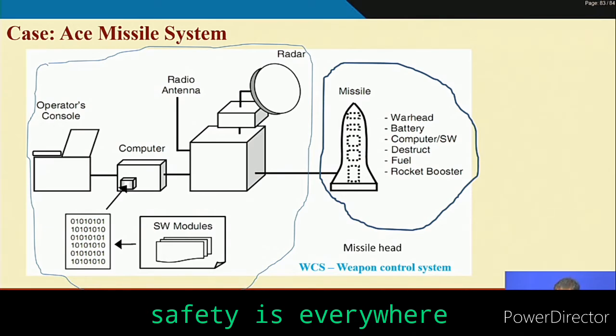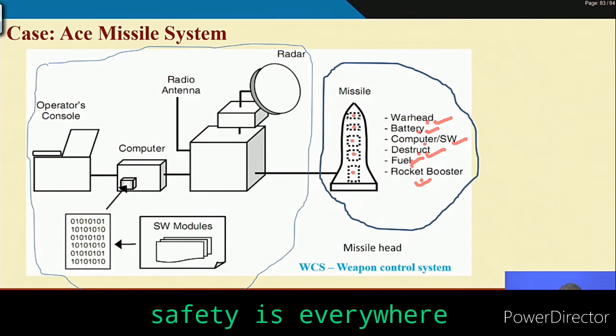What is this? It is an S missile system, weapon control system, and then the missile system. I have taken this from the Ericson book. So, suppose this is the total system, S missile system. It has two subsystems: weapon control system is this, and this is the weapon missile. Now, again if you further break down the missile, there will be overhead, battery, computer, destruct, fuel, rocket boosters. So, these many components are there: 1, 2, 3, 4, 5, 6. Okay. Similarly, this one can be further broken down also.